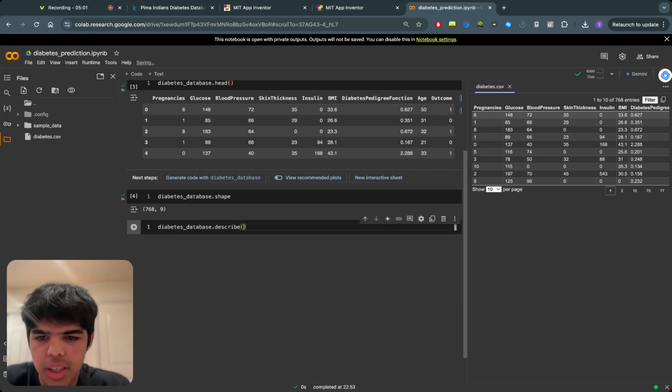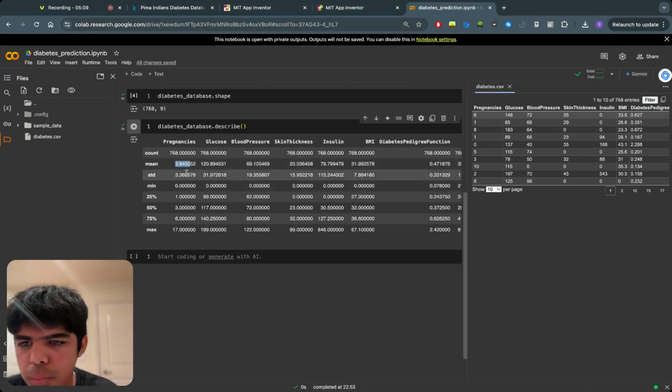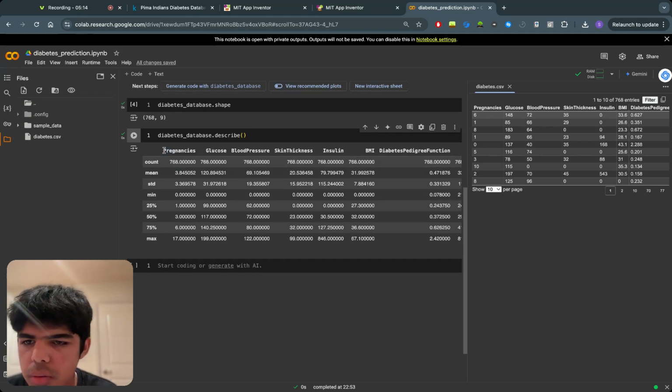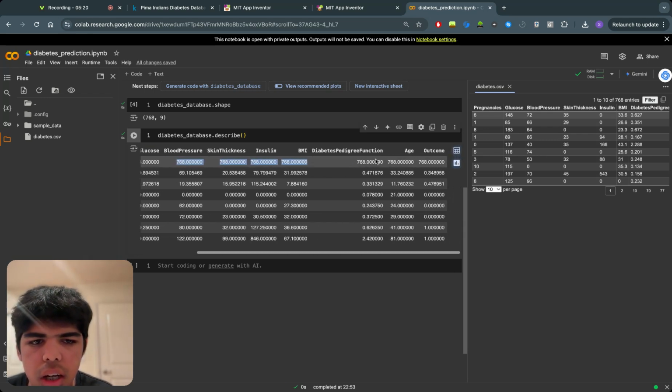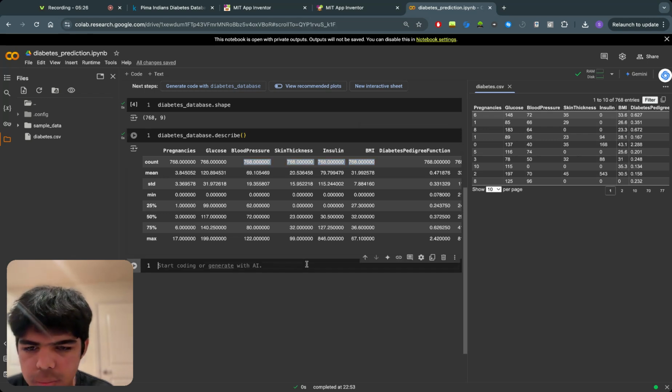So let's just describe this. This is a statistical analysis of everything, like the median, the mode, the mean of all these certain columns. So it can give us the amount of everything. And now that we have an idea of what it really is,